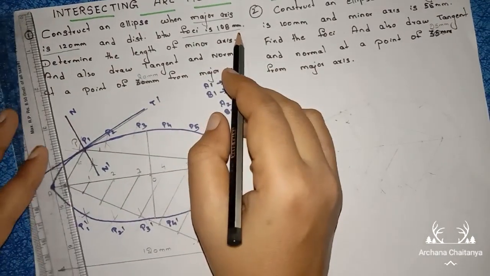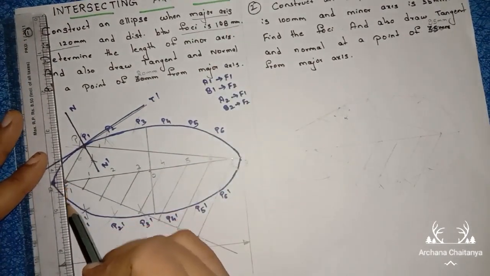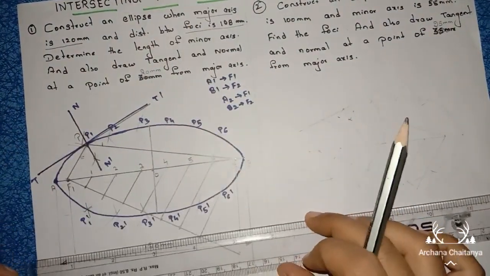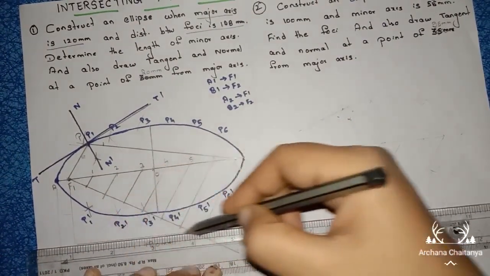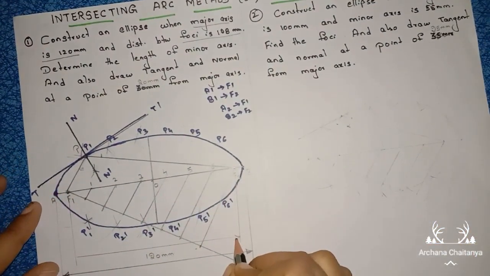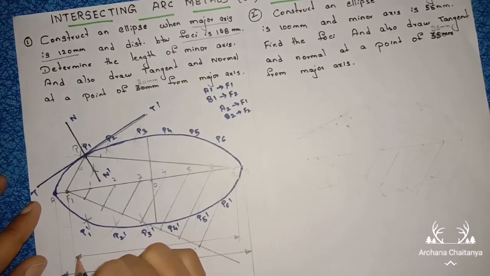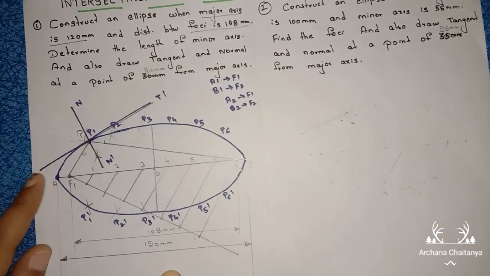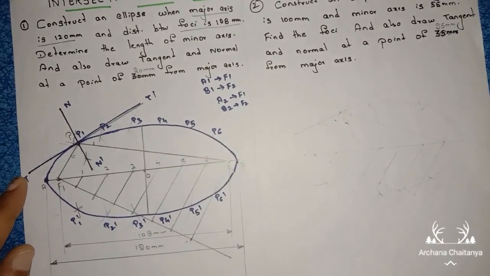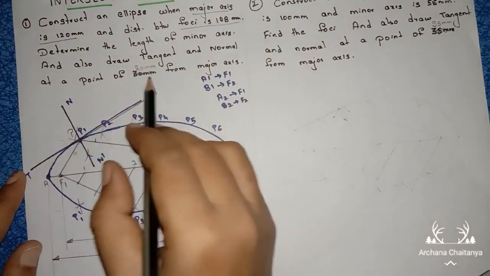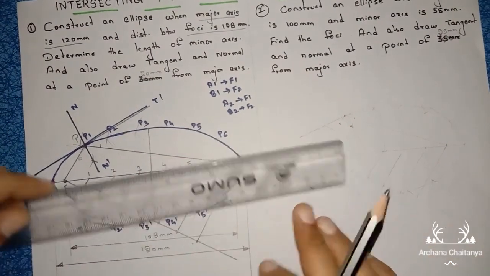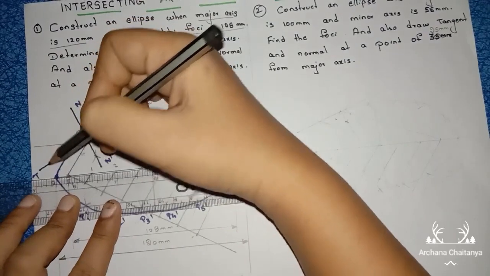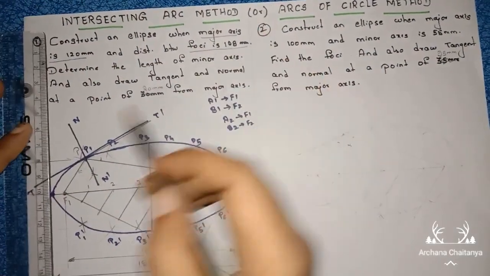Right, distance between focus points is 108 mm. From this focus point, draw the extension line. Draw the dimension line, with closed and filled arrow marks. 108 mm. See, always you have to mark the larger dimensions outside and smaller dimensions inside. 120 outside, 108 inside. Then next, tangent normal distance is 20 mm. Right, so this is the P point now. Tangent normal distance, this will be here 20 mm.